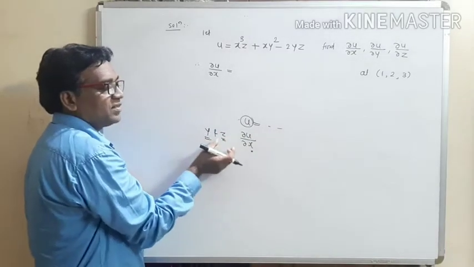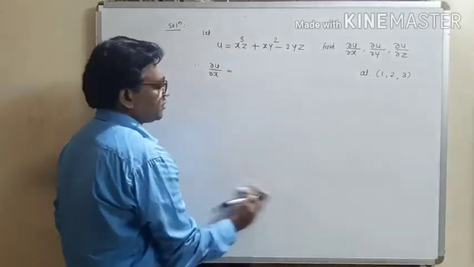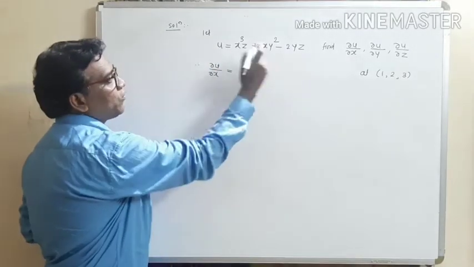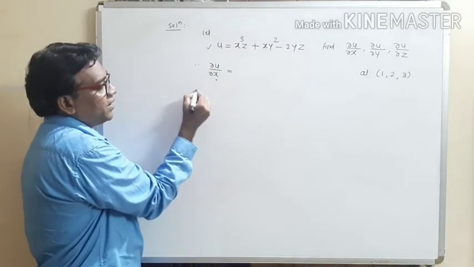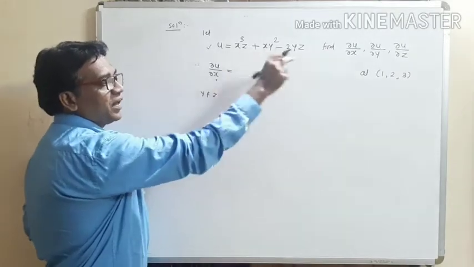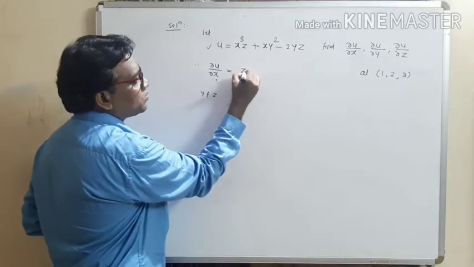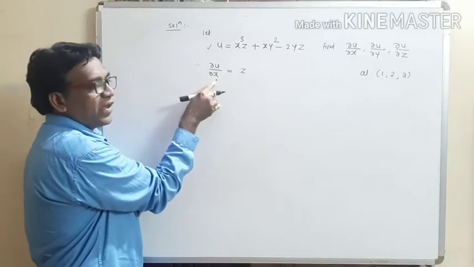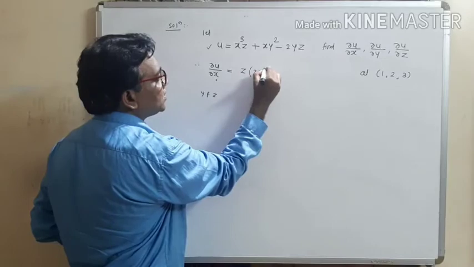We have to treat y and z as a constant quantity. So find out this derivative with respect to x. So differentiating this function u partially with respect to x by treating y and z as a constant quantity, let us find out the derivative of every term. z is the constant term, so first of all, write the constant as it is, and we have to find the derivative of x only. Derivative of x cube is 3x square,